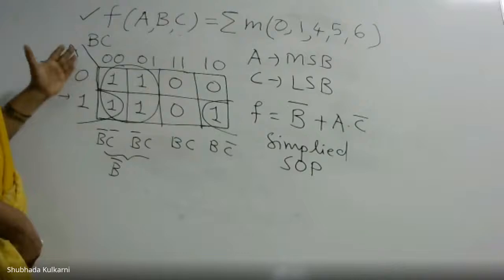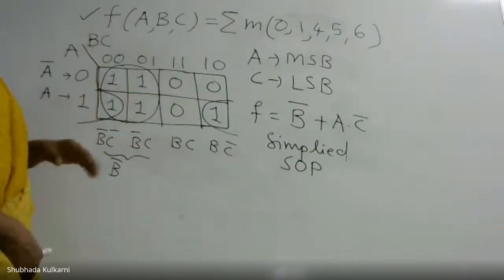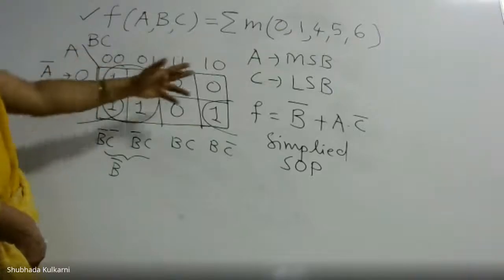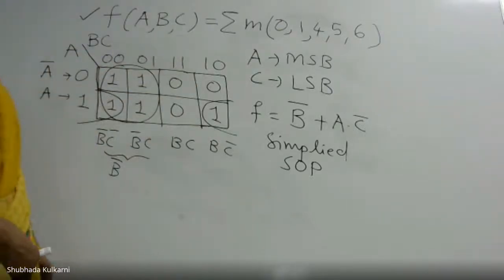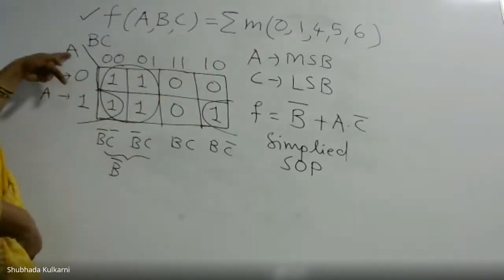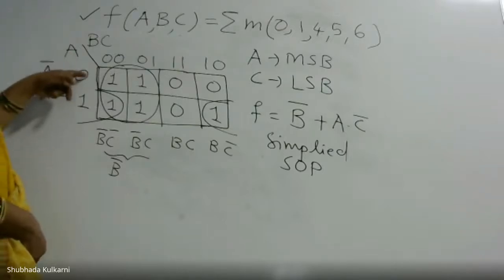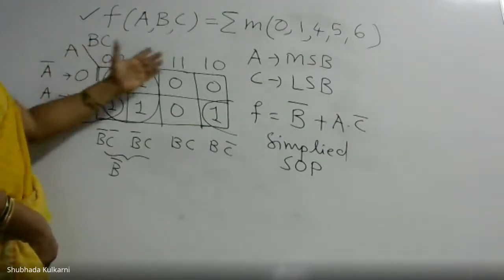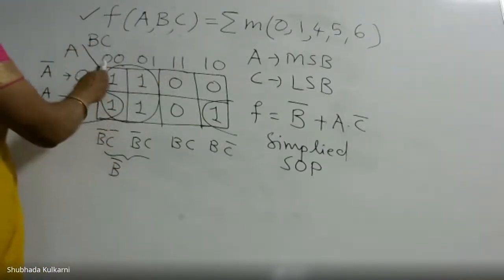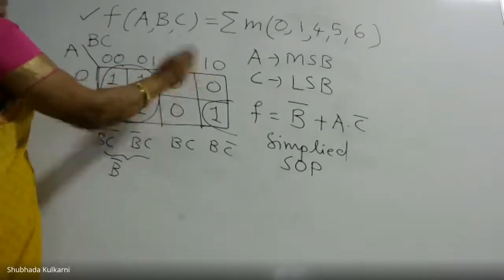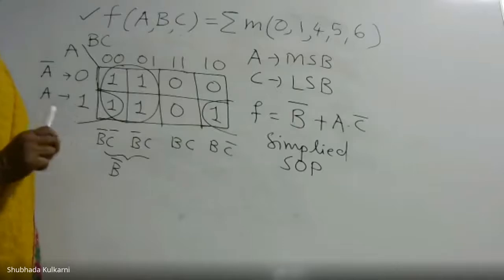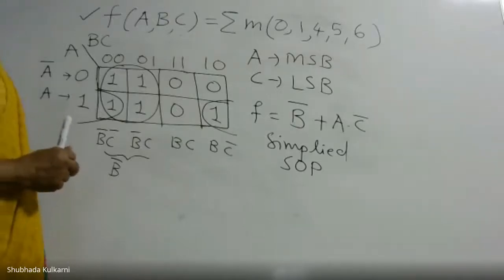We have constructed a 2 cross 4 KMAP, a table. 2 cross 4 means a total of 8 cells or 8 squares are there. On the row side, the variable taken is A. In the first row, A is assigned 0. In the second row, its value is 1. BC variables come on the column side, whose values are written 0 0, 0 1, 1 1, 1 0. After 0 1, why 1 1? The reason is only one variable should change at a time.